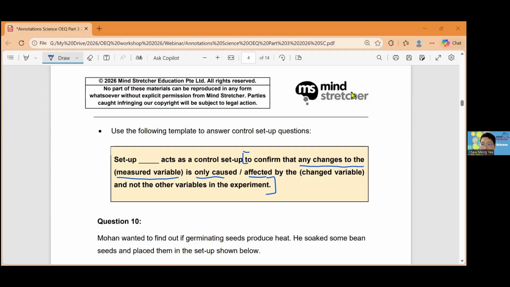No, we are not going to learn MCQ-based questions in this workshop, Charlotte. This workshop is for structured questions, that means your open-ended questions. Some of you have a weighted assessment in early May, so that's very soon, so go and practice. What's the purpose of control setup? It is already written. Use this template, you start off from "to confirm" and so on. Follow the templates.